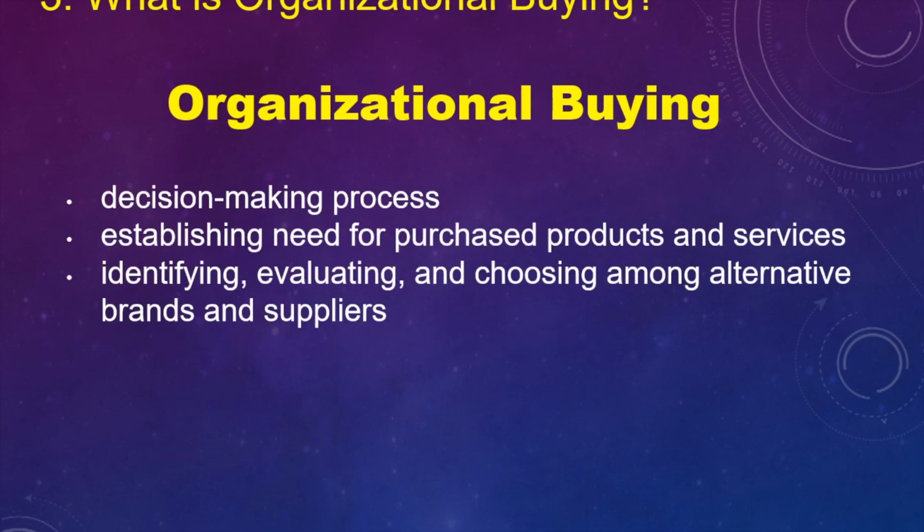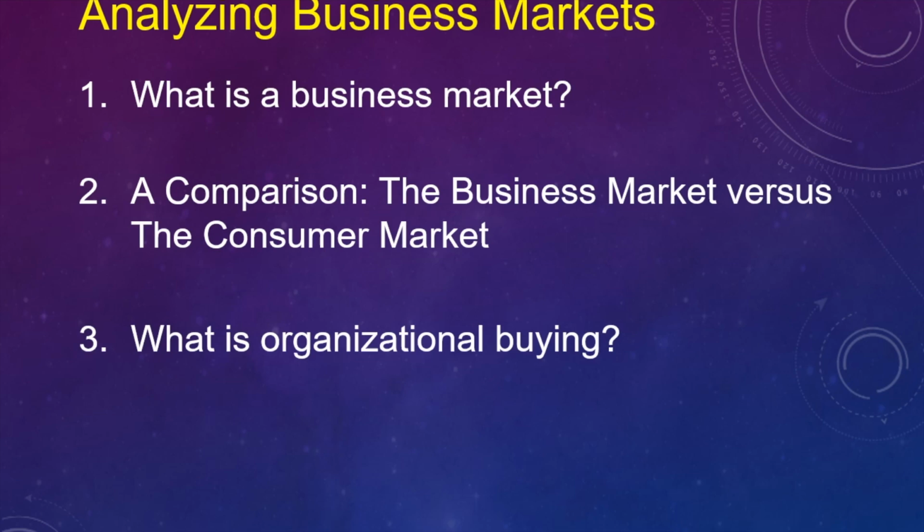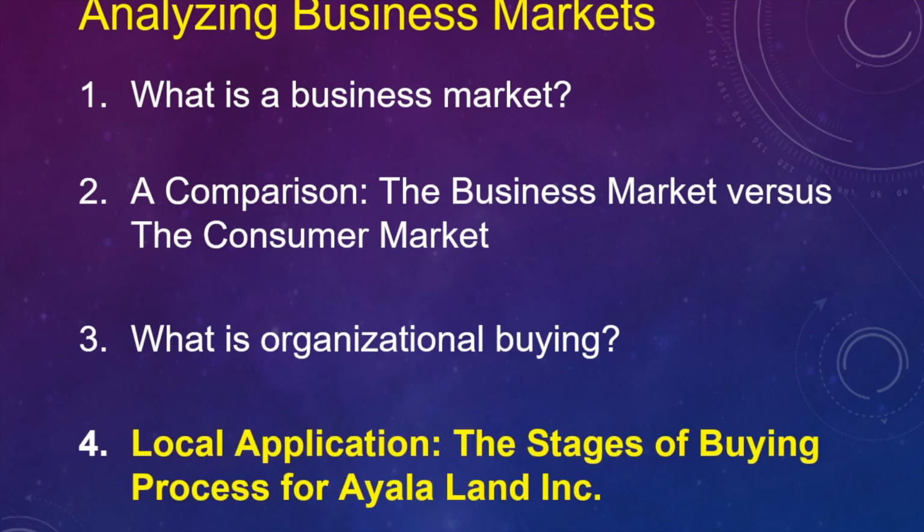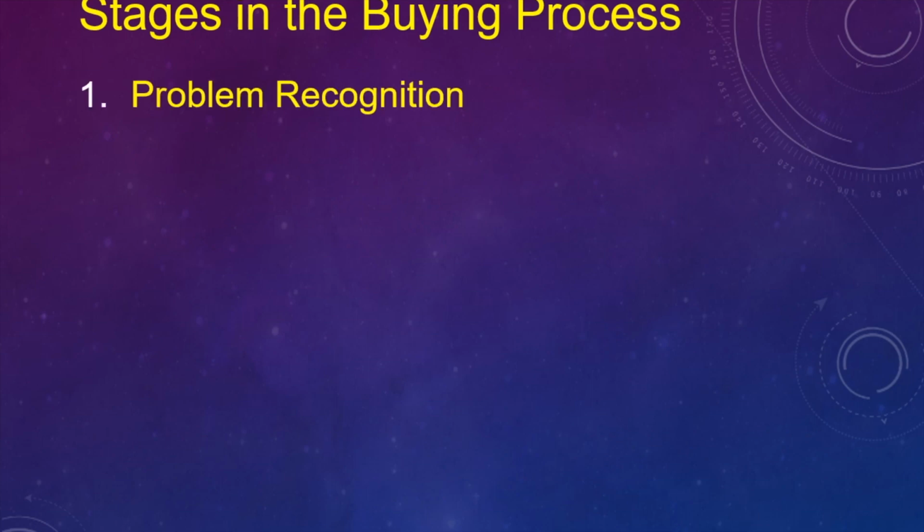Moving on, what is organizational buying? Organizational buying is a decision-making process where formal organizations establish the need for purchased products and services and choose among alternative brands and suppliers. To illustrate further, let us discuss the stages of the buying process for Ayala Land Inc. For step 1,